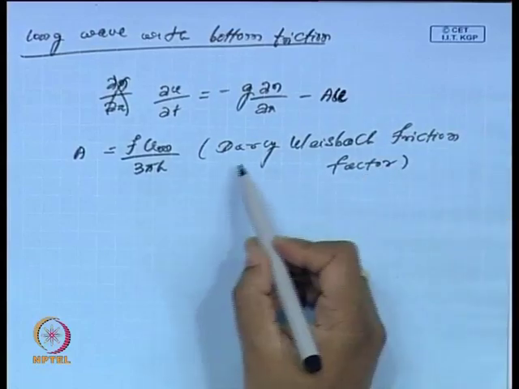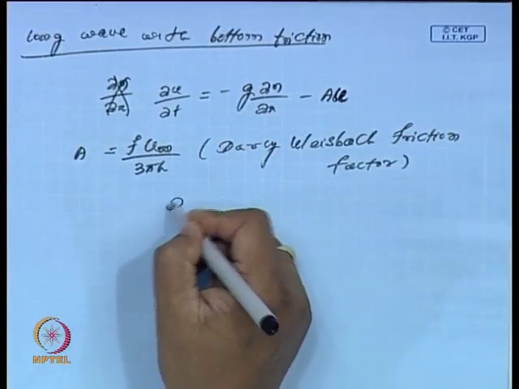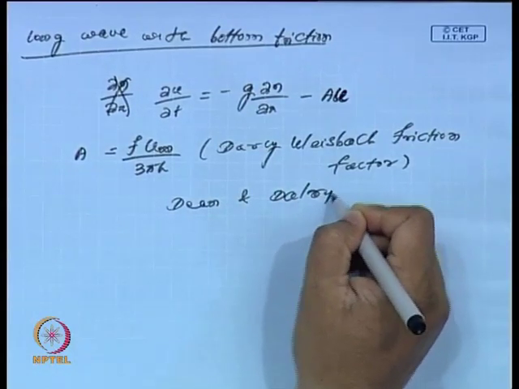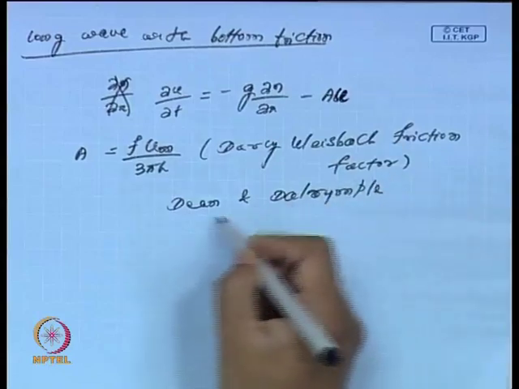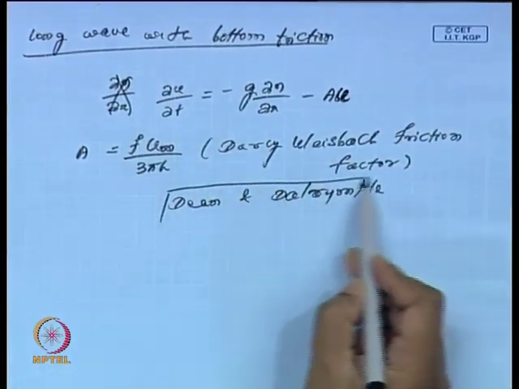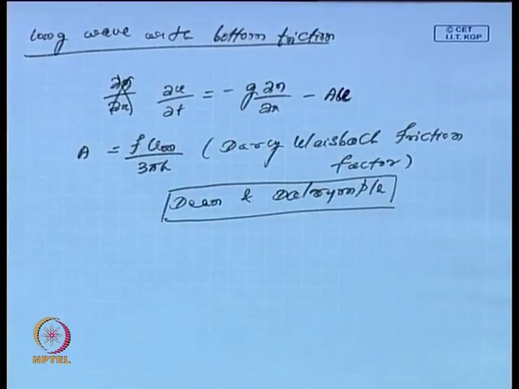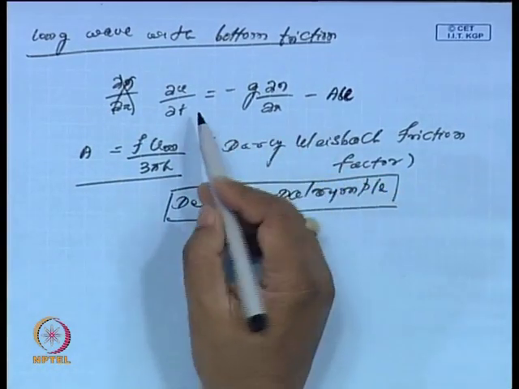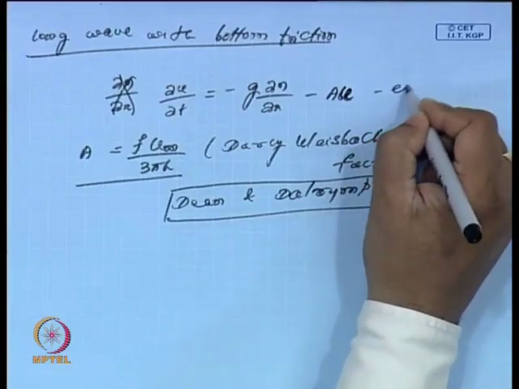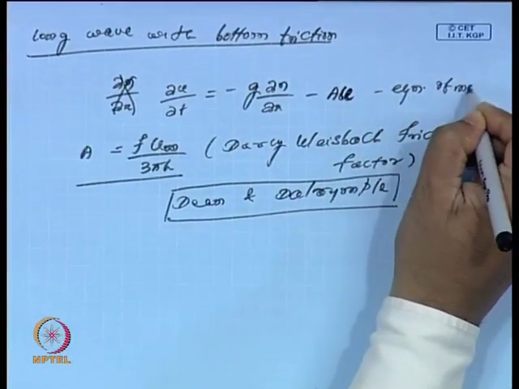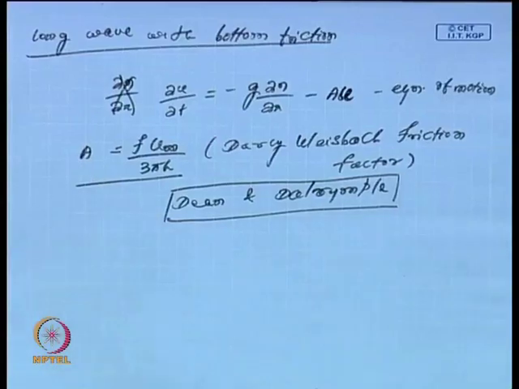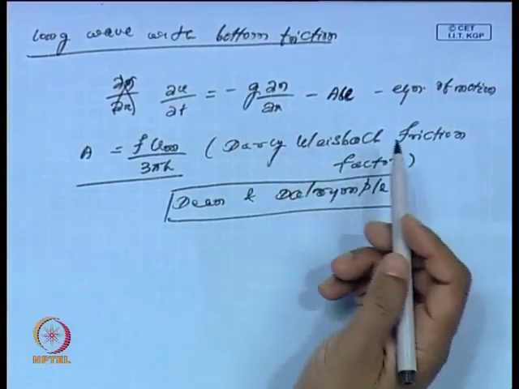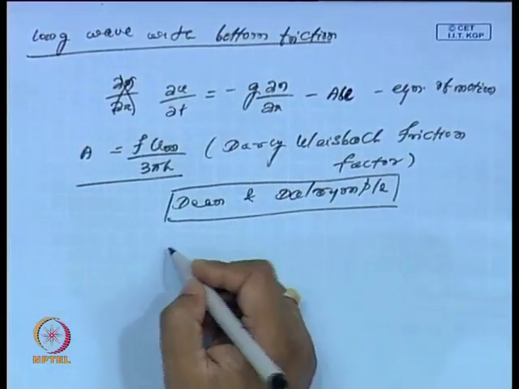For details, one can refer to the book Water Wave Mechanics for Scientists and Engineers by Dean and Dalrymple, which I have already prescribed. So this is a constant, and this becomes the equation of motion. In fact, this constant a is a small quantity, less than unity, but it will contribute because of the friction factor. Then again we have the continuity equation,